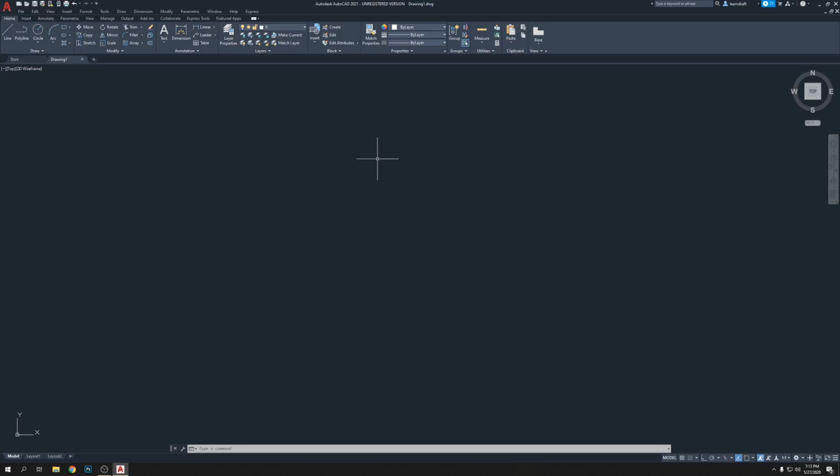Okay, so one thing is gone. The second thing is this UCS icon. You are working somewhere here, there, and the UCS icon is running with you. Sometimes it's not much fun to have it. So now we're gonna use a command to get rid of it, and if we need it, we can get it back by the same command. So the command is UCSICON, enter. I can click here off, and also I can type OFF, enter. So it's gone. If I need it back,